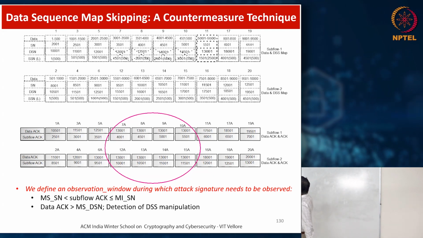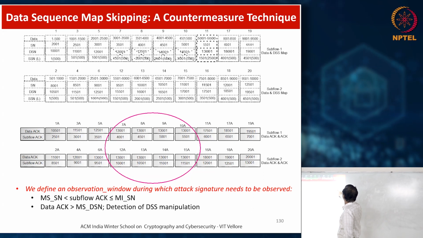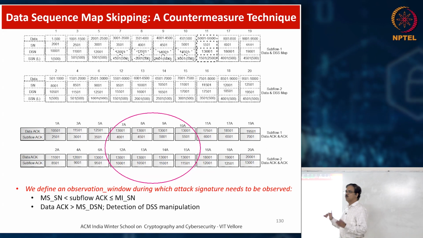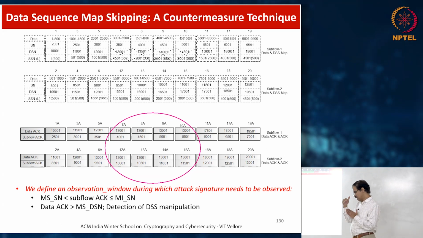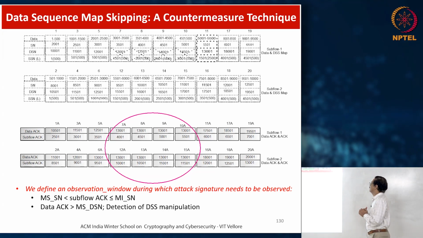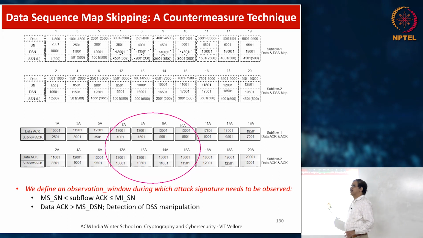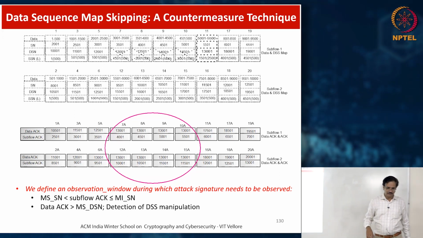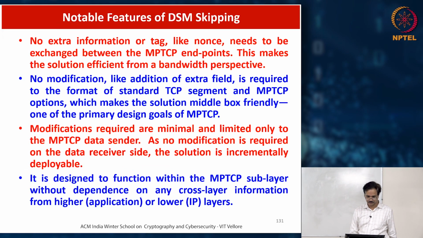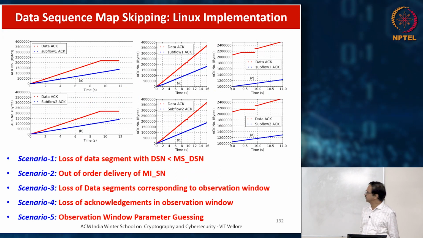See, this is the way we send the data, right? With the data sequence signal on a subflow. So we actually skip the map, which is how the sequence from the MPTCP plane to the subflow plane needs to be mapped. So correspondingly, we will get a different pattern on the other side. So I will show you some implementation details. Yeah, so you can see here,